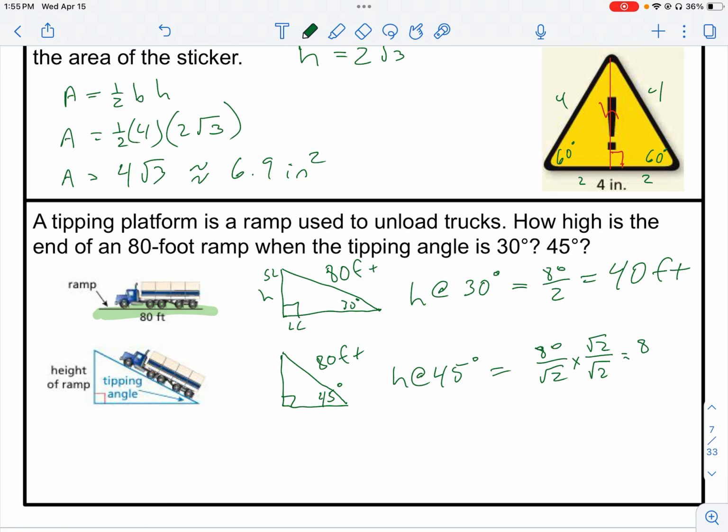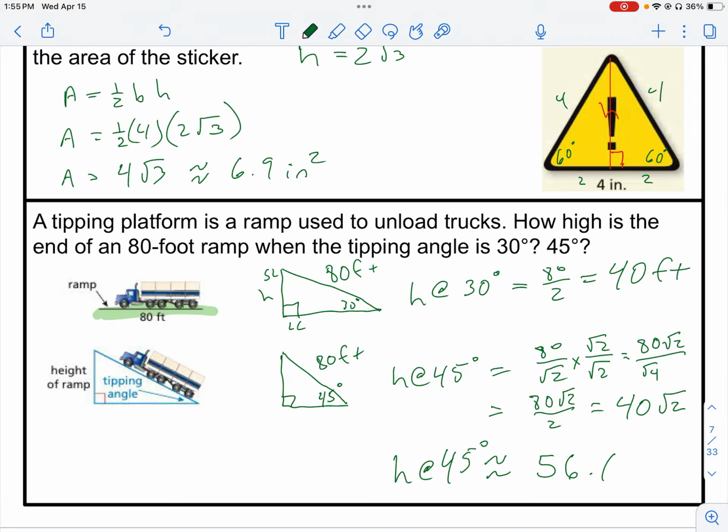So I get 80 radical 2 over radical 4. And I'm going to move this over so I have some room. So I have 80 radical 2. Radical 4 is 2. 80 divided by 2 is 40, so I get 40 radical 2. I'm going to plug that in my calculator. So my height at 45 degrees is about 56.6